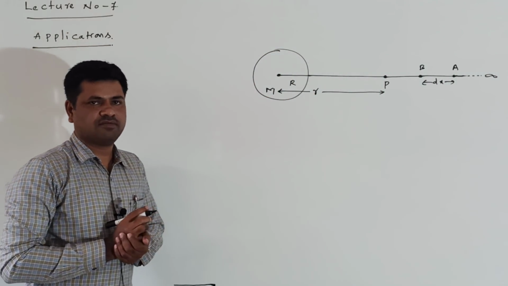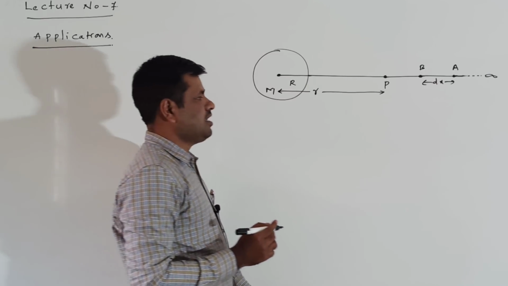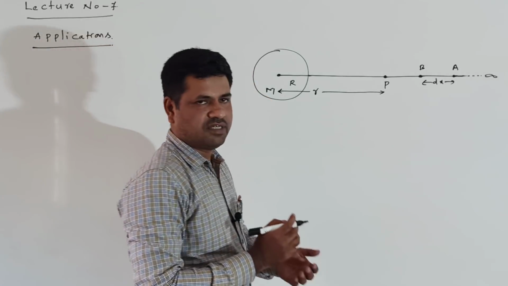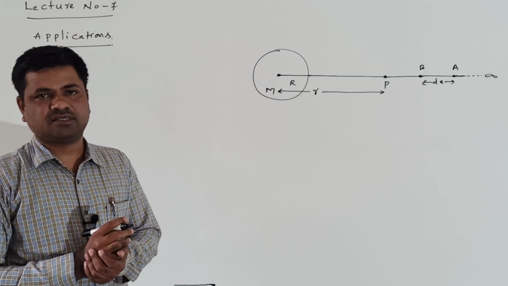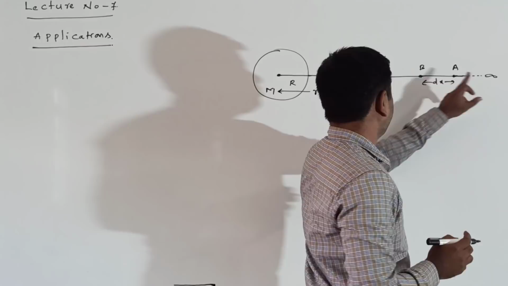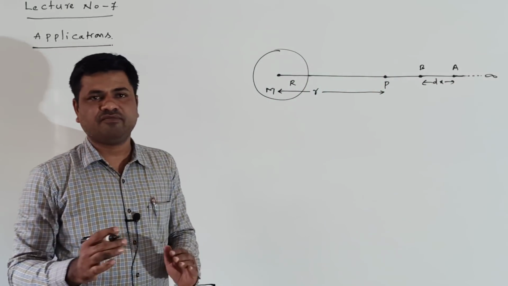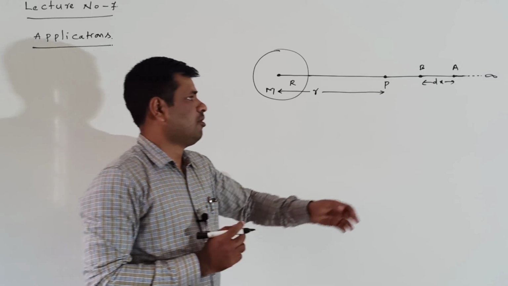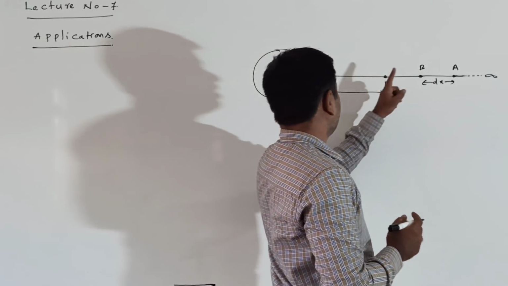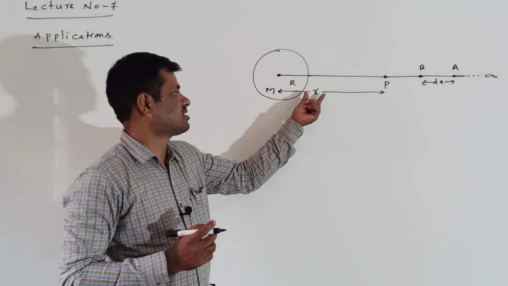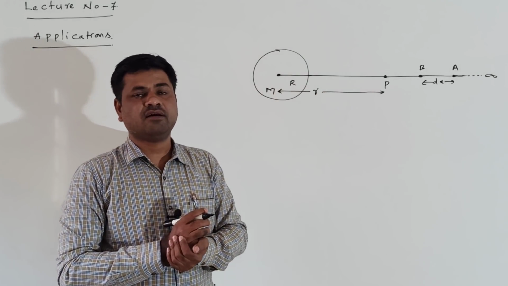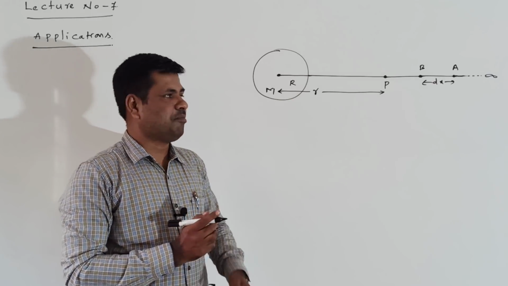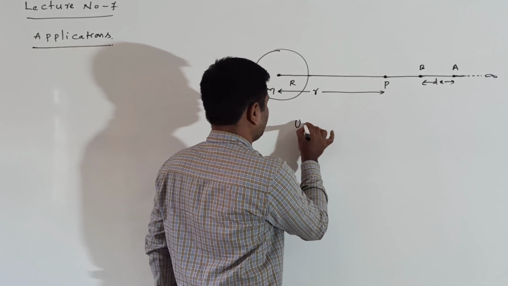Infinite distance. Now when the body is taken from infinite distance to P point, what is the meaning of this? The body is lifted from infinity to small r distance from the center of the Earth. Now in this case the potential energy formula we have written is U equal to